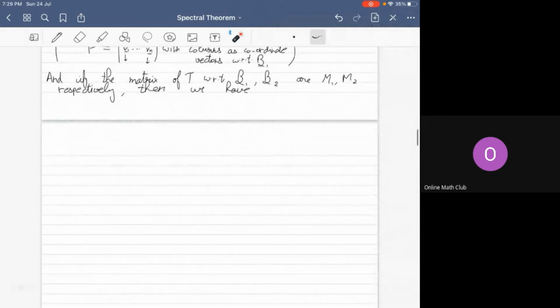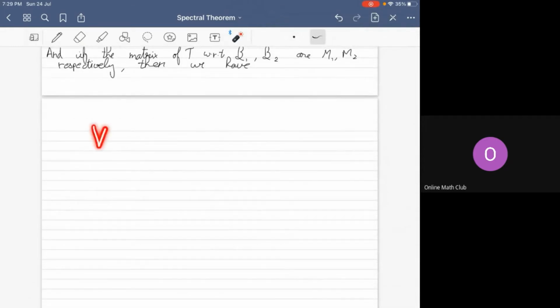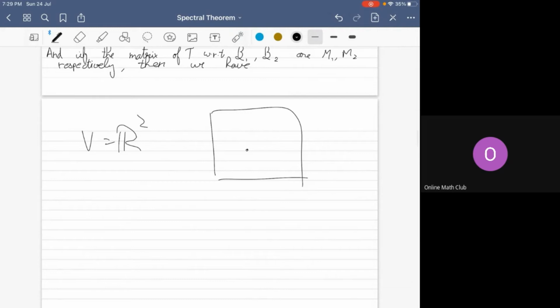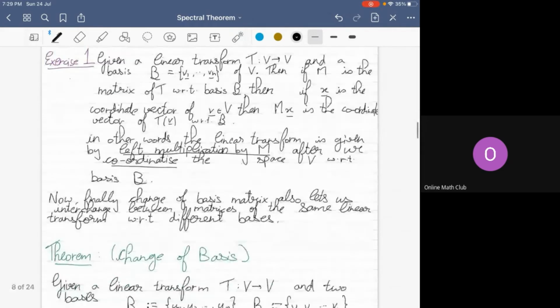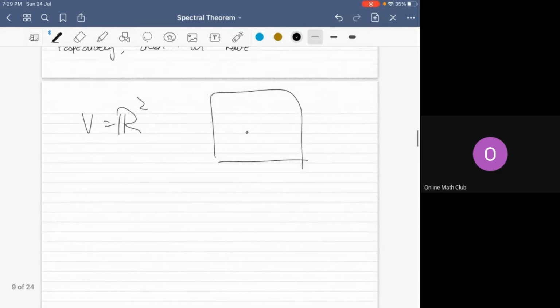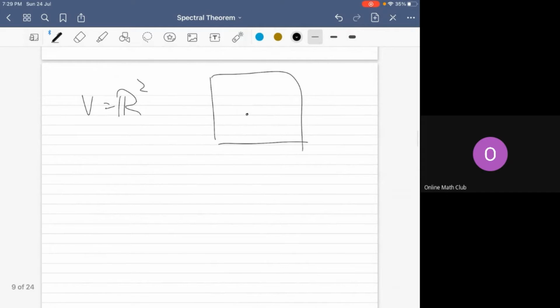Okay, so what this says is that if we have a vector space V, and we'll be working in R square, and I'll also illustrate this theorem for R square, and the proof for Rn is exactly the same and left as an exercise. So what this theorem says is that given a linear transform T from R square to R square,